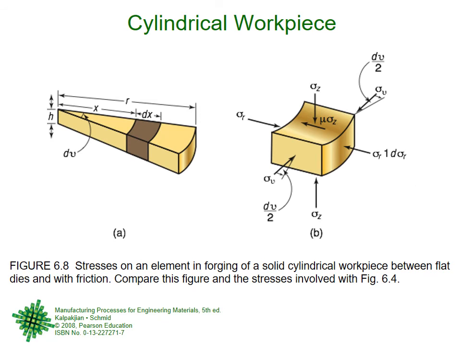Now, that was assuming the previous one had a cylindrical slab, a rectangular slab, right? A thick piece, maybe starting from a cube and so on. But many times we will do forging on round pieces. We have a thick cylinder and then we do forging on it. So if it is a round piece,